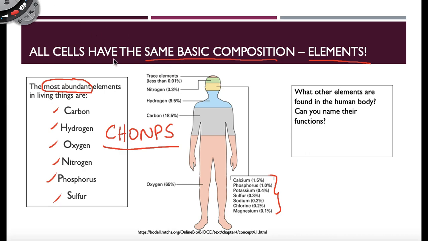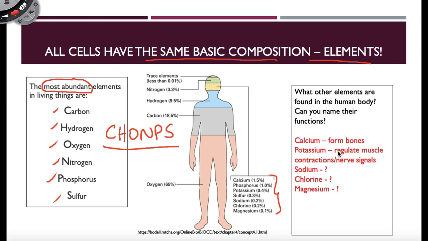So for example, these are calcium to help form bones, potassium to regulate muscle contraction and nerve signals. Potassium usually works with sodium to do this, and this is called the sodium-potassium pump. And then sometimes you get